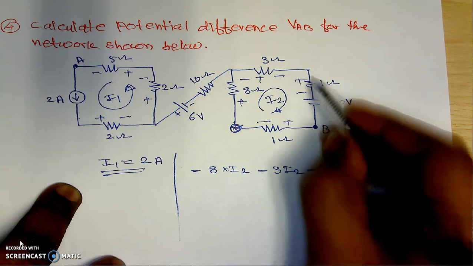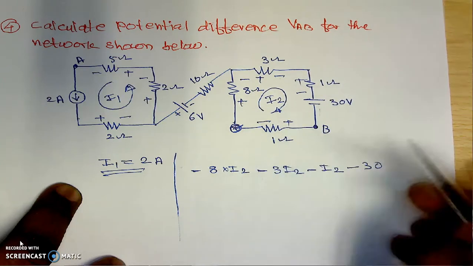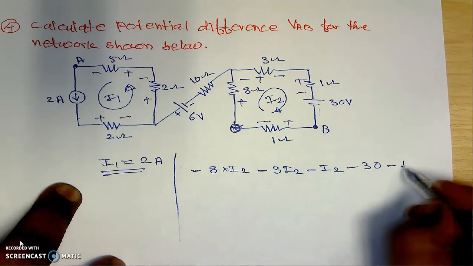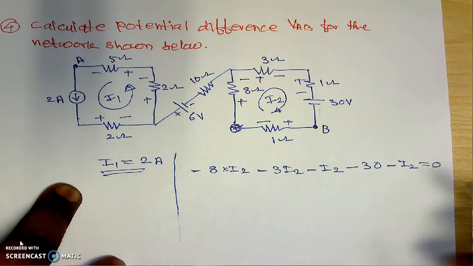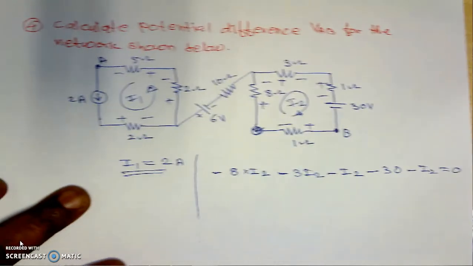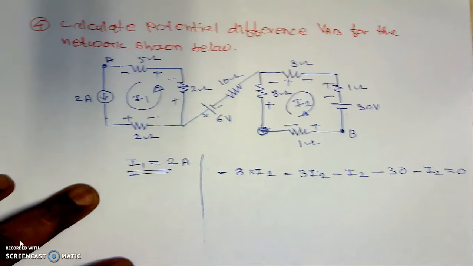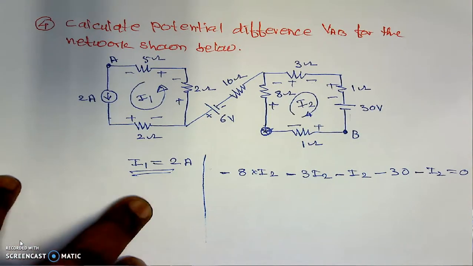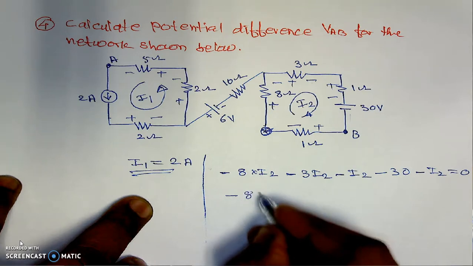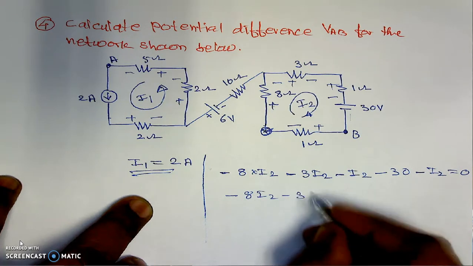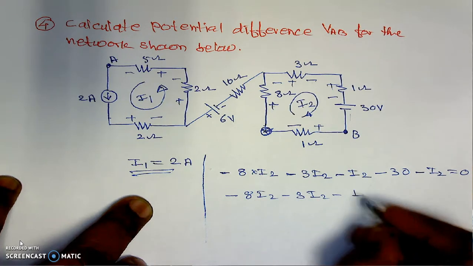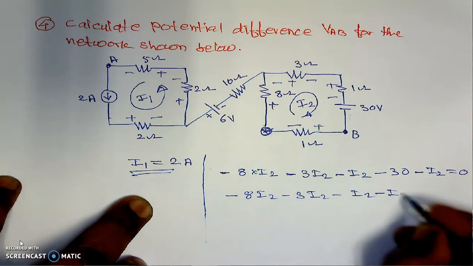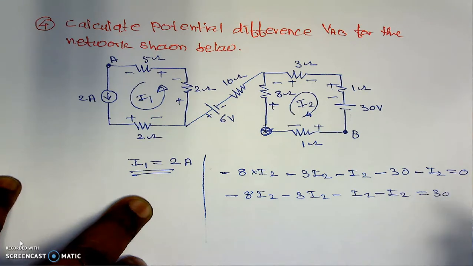And finally, coming back, positive to negative, which is minus I2, which is equal to 0. This is the application of KVL, or Kirchhoff's voltage law, for this particular case. If we simplify, it will be minus 8I2 minus 3I2 minus I2, then again minus I2, which is equal to plus 30. Then it is 8 plus 3, 11,